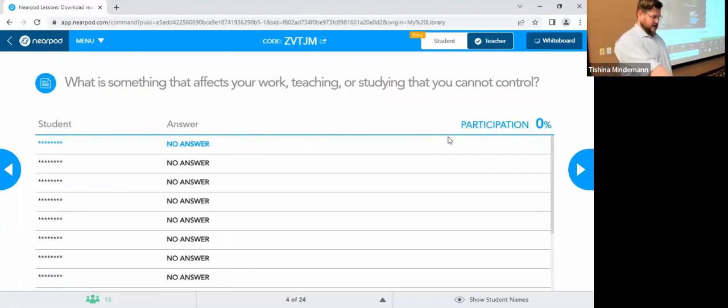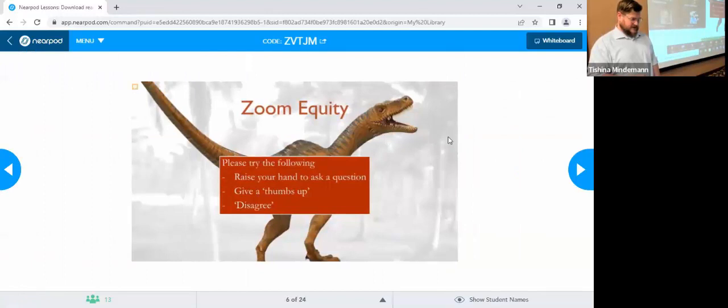All right, next. Before I do this slide, I'm going to do this one because I think it works better this way. Assuming everybody can see the slide currently up in Nearpod, I'd like everybody to try to raise their hand using Zoom. Jackie's got it, Tish has got it. If anyone doesn't know how to do this, please put it in the chat. Somebody's clapping. I see lots of people know how to do this.